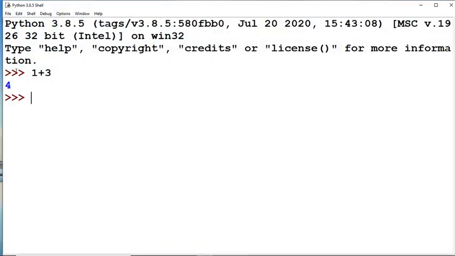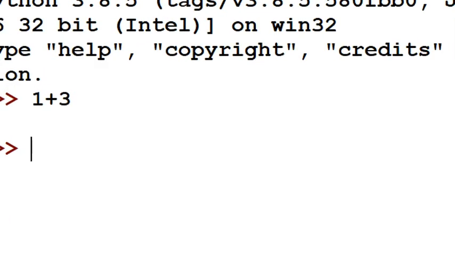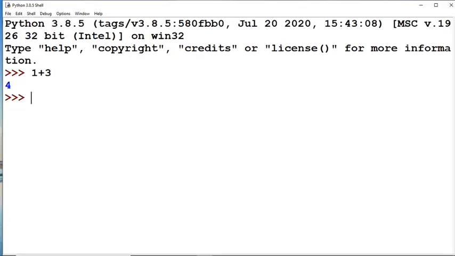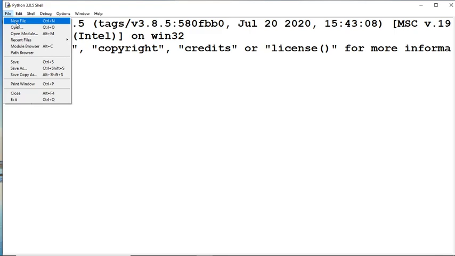So what is the procedure in script mode? First of all, we have to open the Python interpreter. After that, click on File. Here, New File is the option.